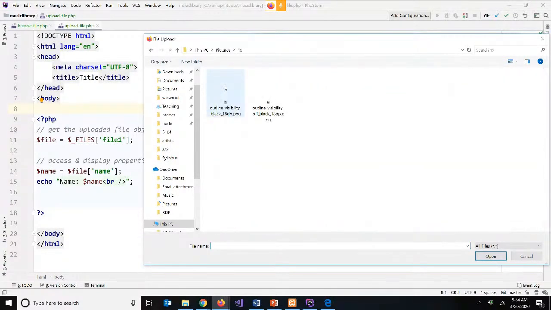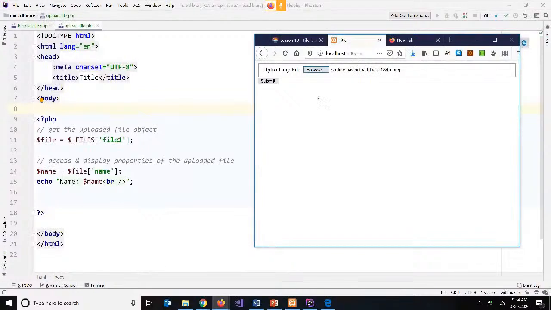Just pick an image file, actually one of the files I downloaded last week from the material palette for our little show hide password. So it shows me the original file name, and then when I submit,